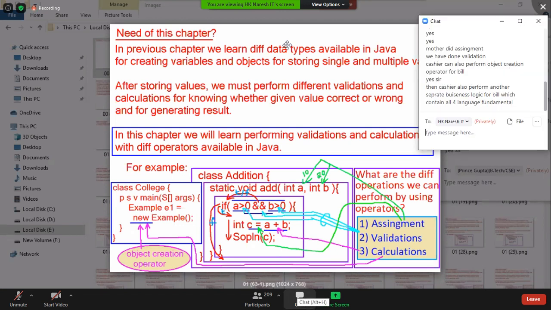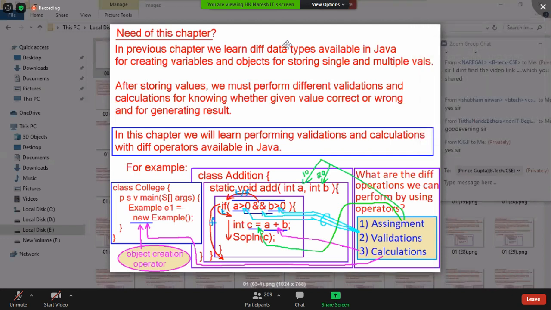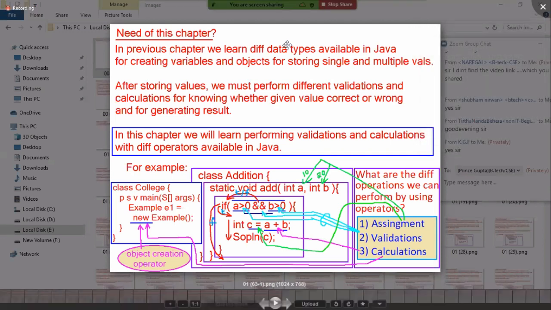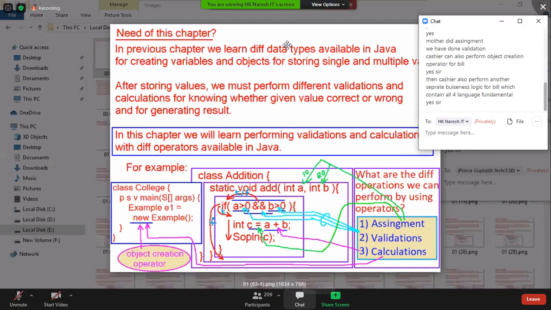Can I hope you will continue? Can I hope you will practice like this? You know, Java concepts you have to practice in two ways. Number one, with real life, and of course with programming life also. First you have to connect with real life, then programming life will automatically come.